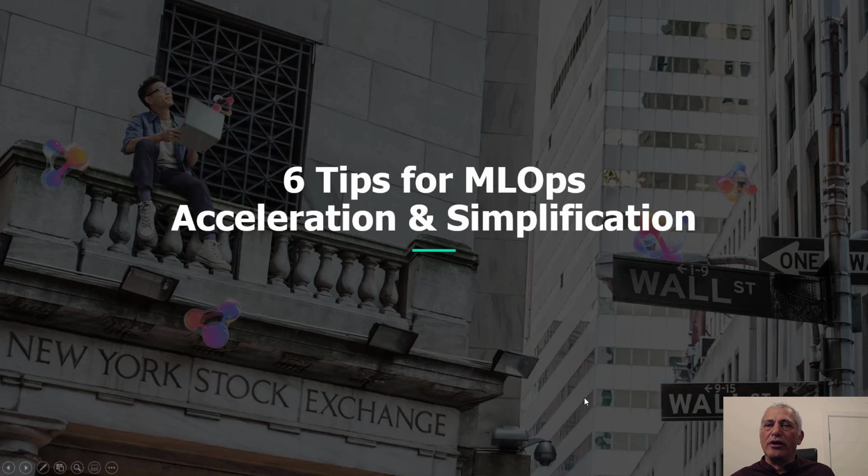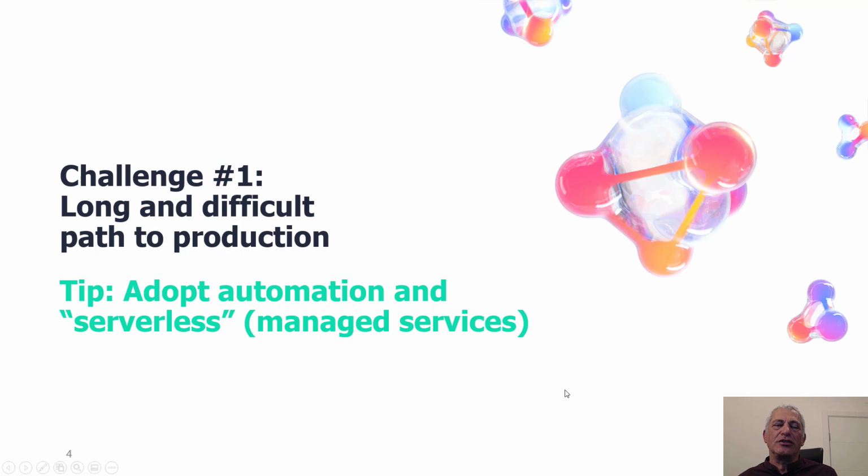So let's start with the first challenge. The first challenge is the fact that it takes so long to take something into production, into something that really works online, in a real business application. And the key tip here is to adopt automation. Automation meaning having managed services, having the notion of serverless. So you can take your code or your piece of work and productize it in a relatively fast and resource